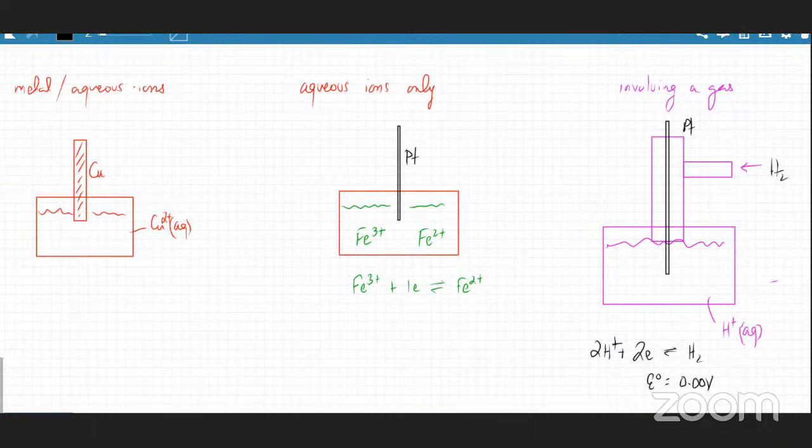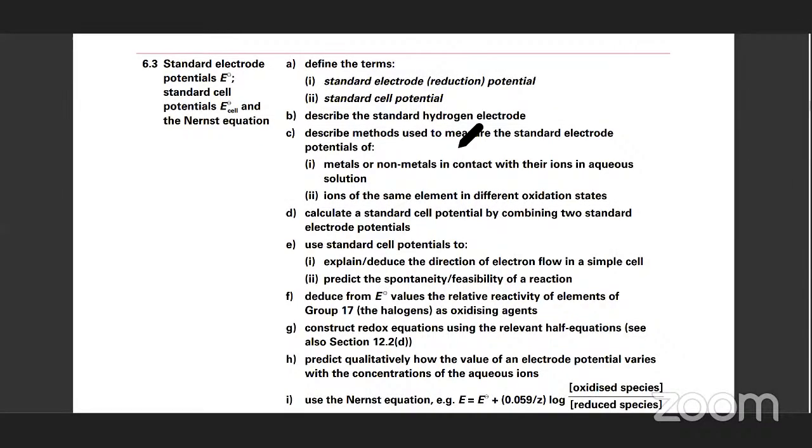Everything is compared using the hydrogen electrode, so it's either more positive or more negative compared to the hydrogen electrode. और main rule की electrochemistry का कि high potential का मतलब है कि it has a tendency to gain electrons. High E naught means it likes to gain electrons, and vice versa. If you have lower E naught, then that means it likes to lose electrons. So that's the main चीज ये फिर एक describe the standard hydrogen electrode फिर एक cell कर लेते हैं quickly